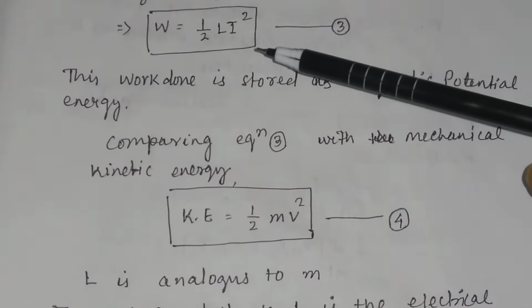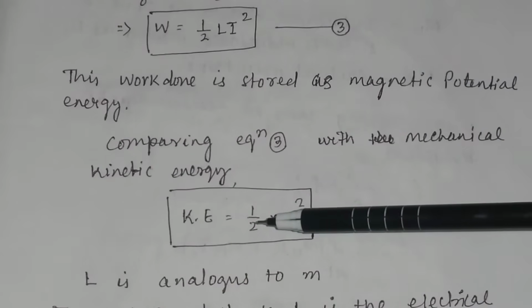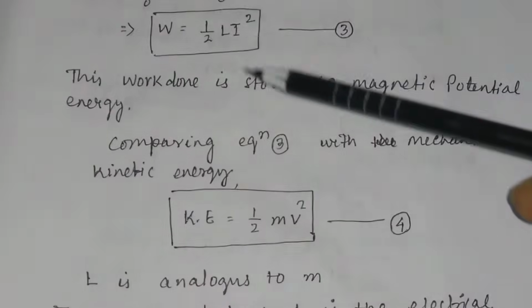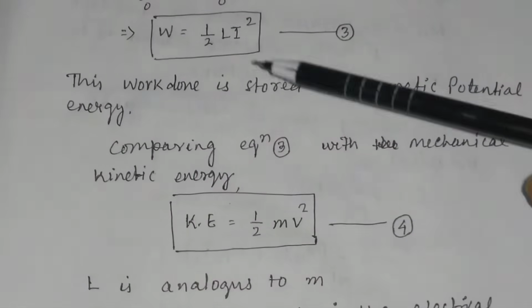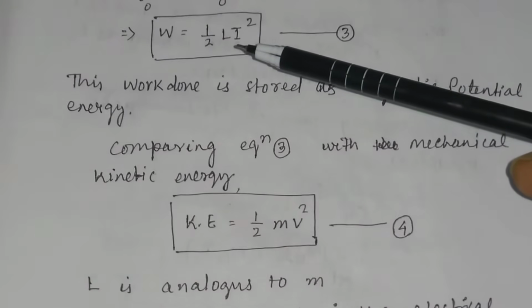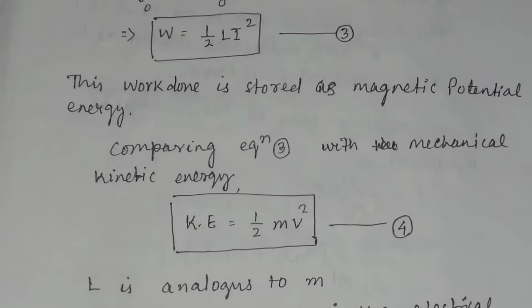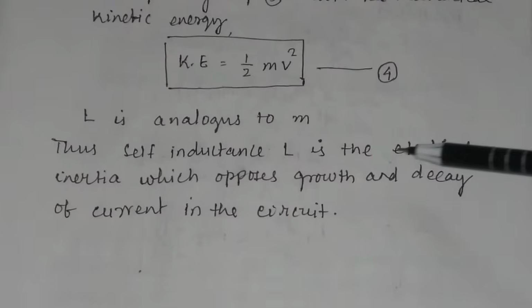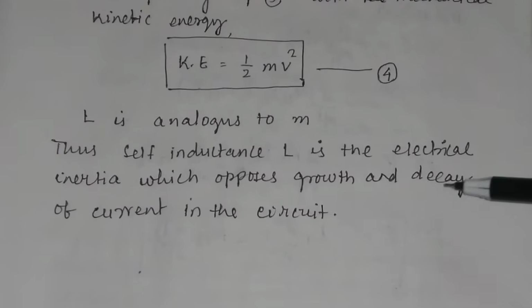So if you compare this equation with the equation for the mechanical kinetic energy, that is equal to half mv square, then you will find out L is analogous to m. If you compare these two equations, then you will get L, that is the self-inductance, is analogous to m or mass in mechanics. So you can conclude that self-inductance L is the electrical inertia which